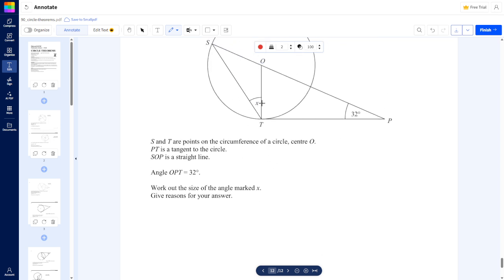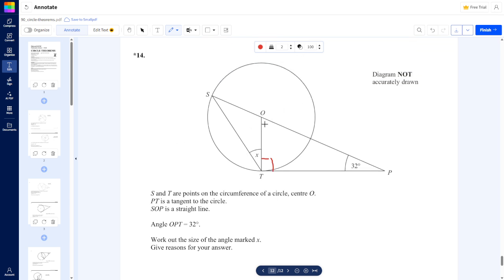Okay, the first thing I notice here is this 90-degree angle. Because of the 90-degree angle, we can work this out. It'd be 180 minus 90 minus 32. This is a triangle, and then you would get 58. This would be 58. And then this would be 180 minus 58, which would be